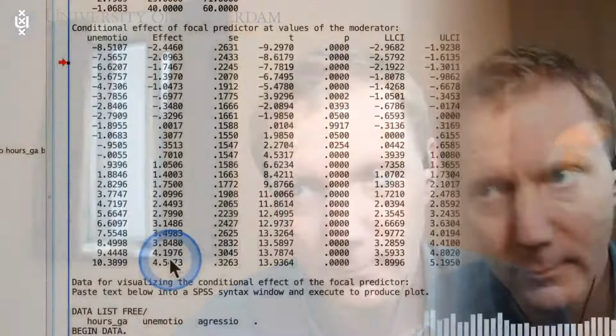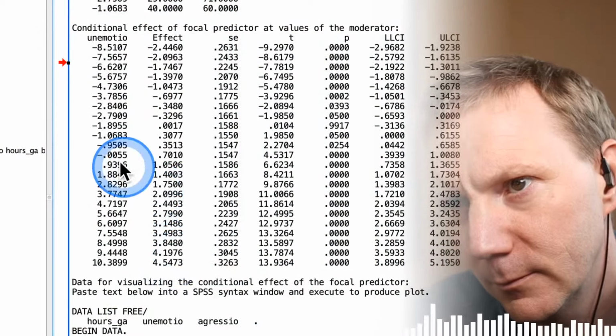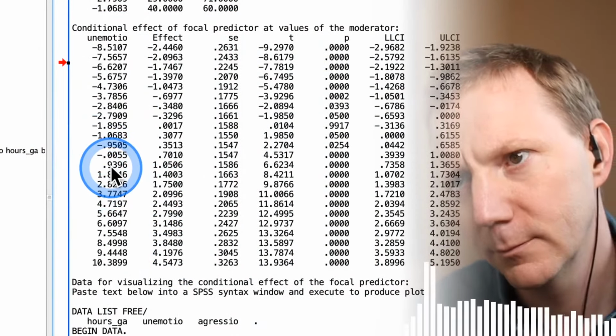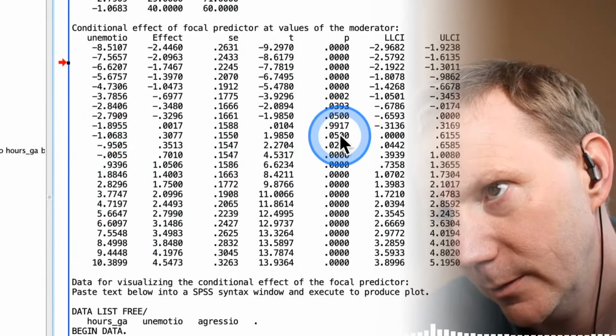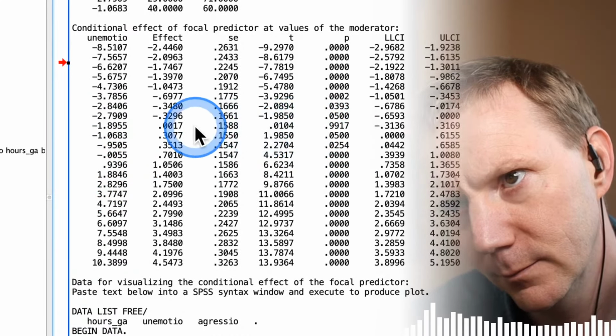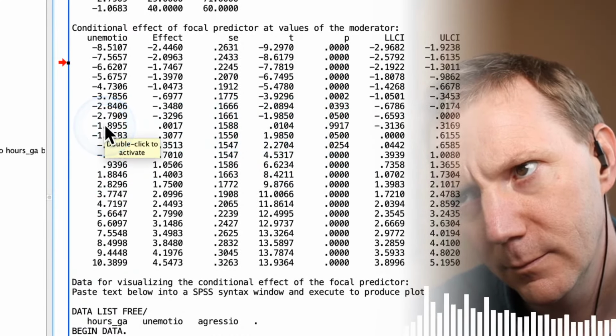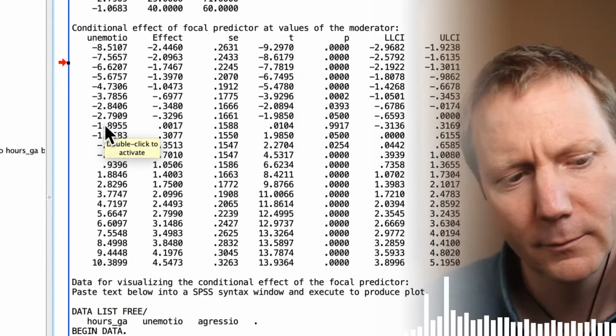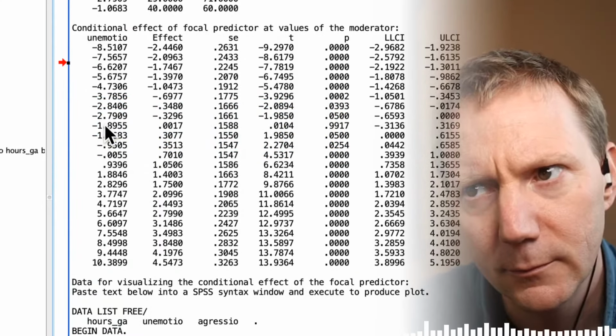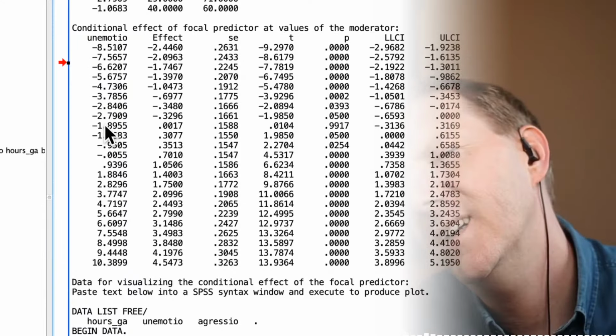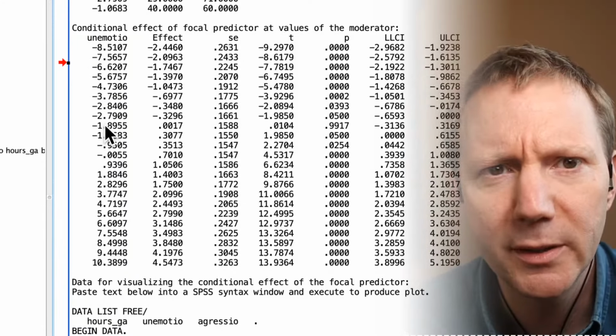I have a question though. Go ahead. Because if you go back to the output, you have a small area where I guess people have moderate unemotionality, but where it's non-significant. Yeah, so that's here. Would you have to take that into account with your conclusion as well, so to say that the moderator has no effect when? No, I don't think that's really relevant, because the way that the interaction term